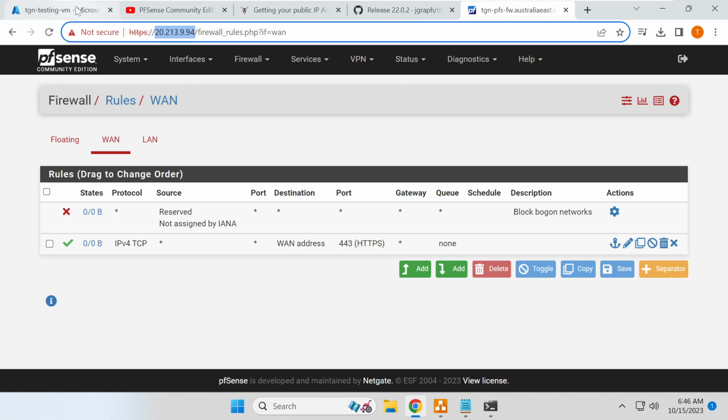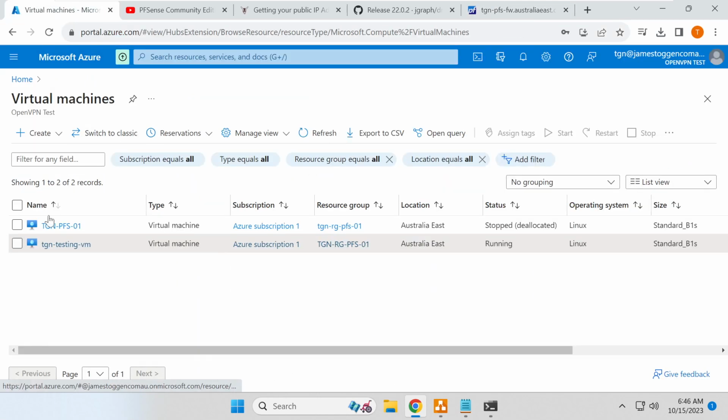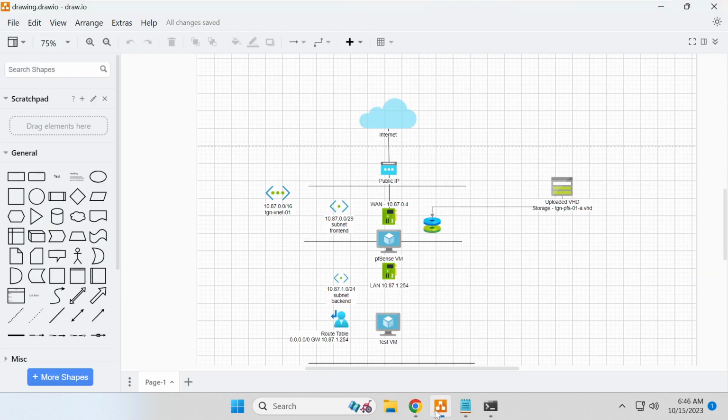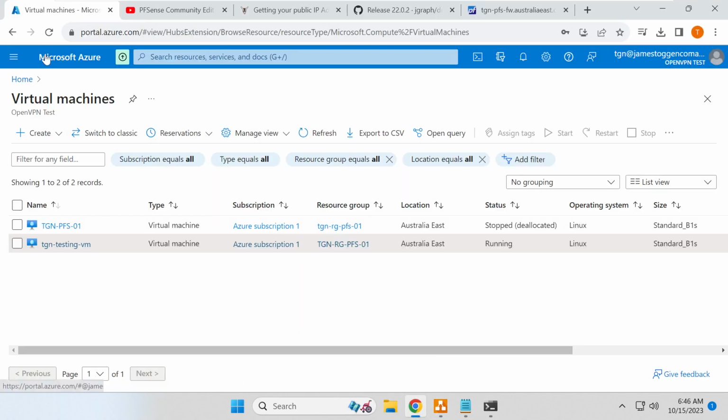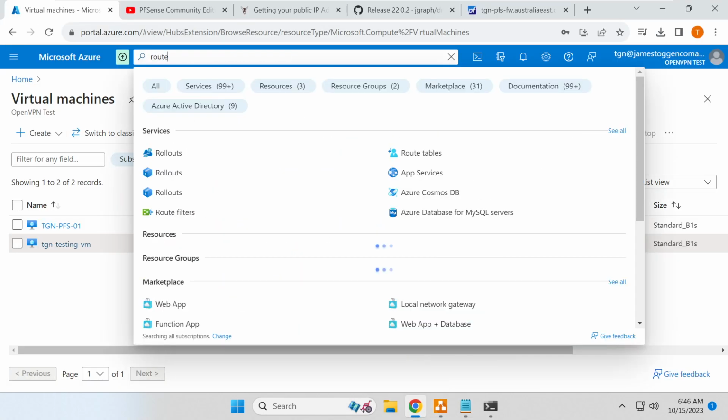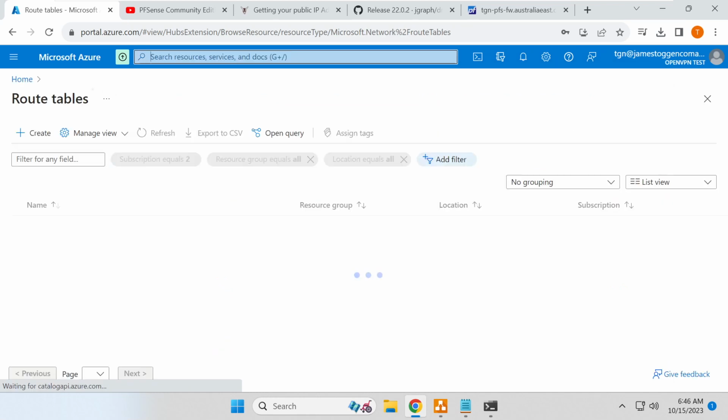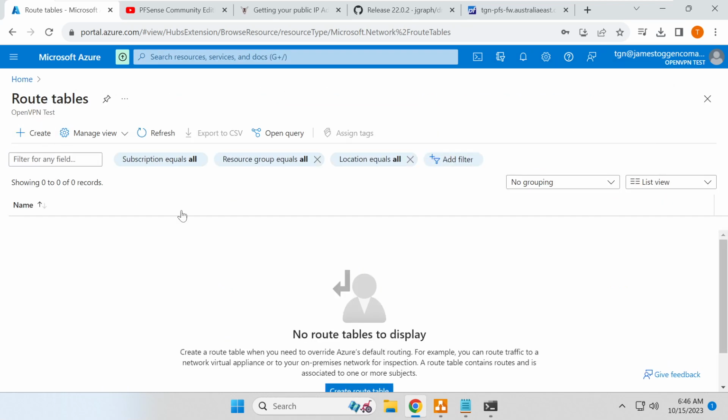So now we're just going to go through that process of configuring the virtual network. If we have a look at our diagram, we can see that we're going to have to tell any host on this backend subnet to use a different route table. So when they're trying to access anything other than this local subnet, they'll need to go and talk to this LAN interface. So we want to now go into routes or route tables, hit the create button,